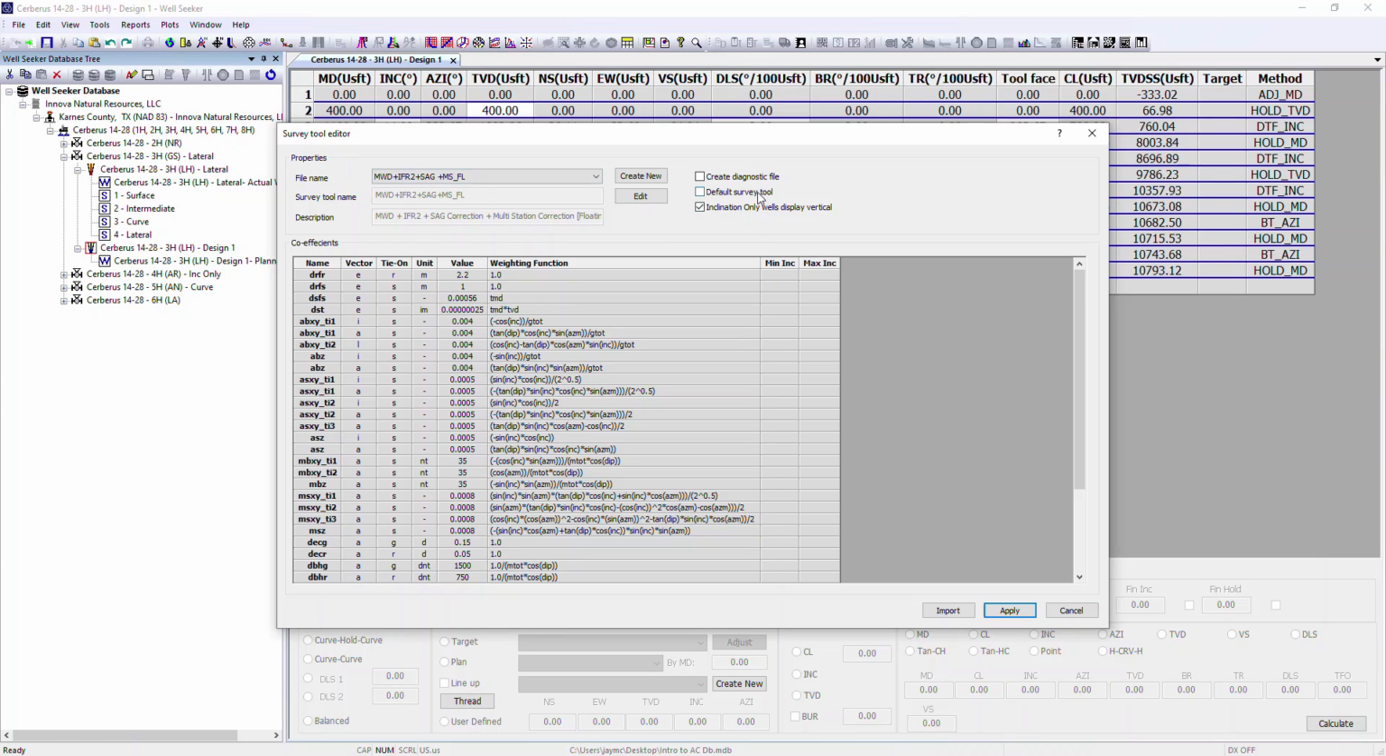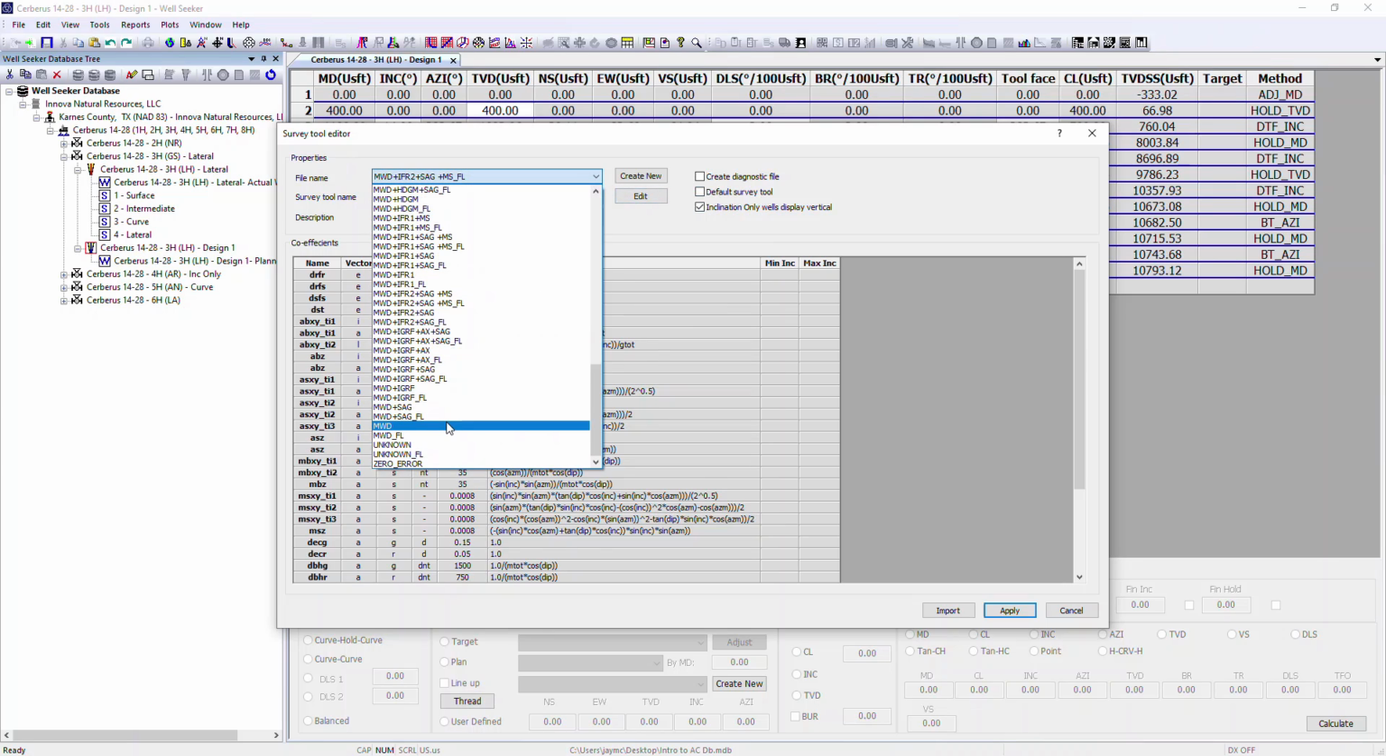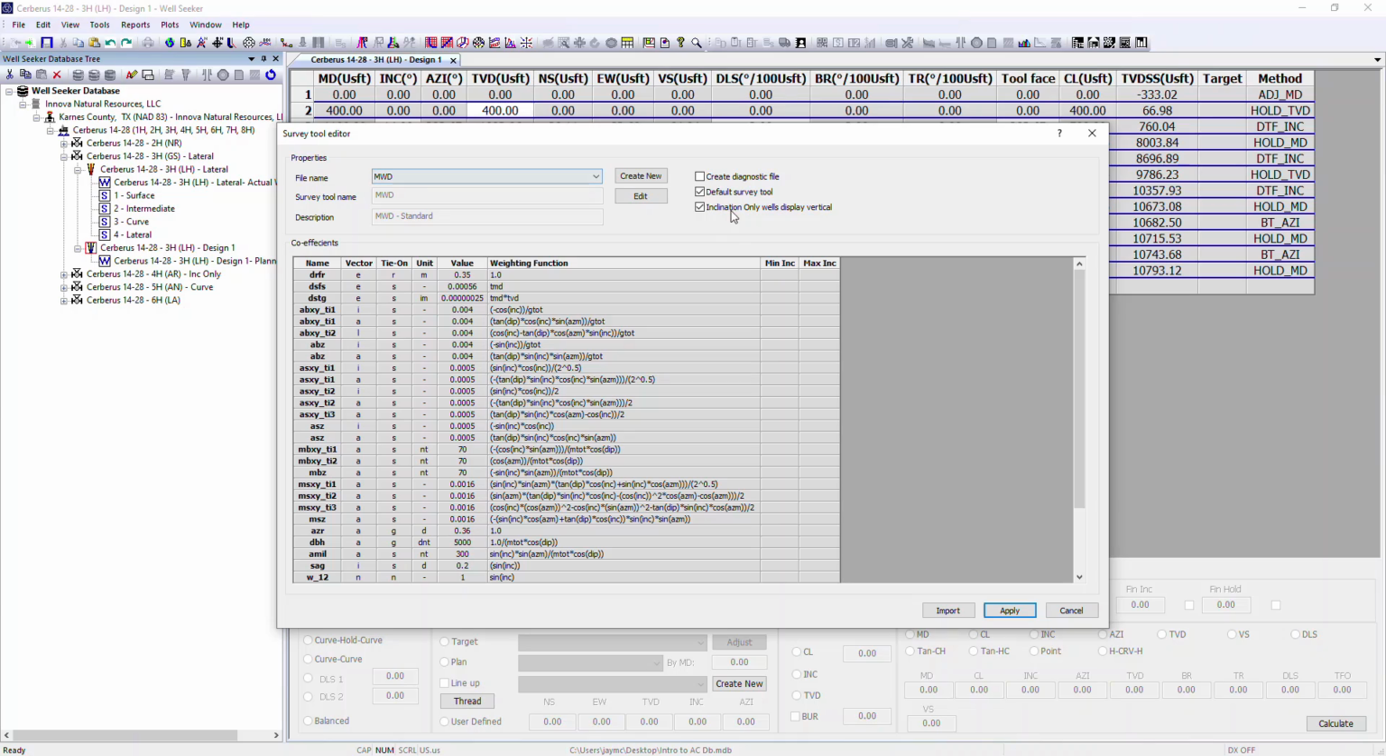You can select a default survey tool. In my case, I have MWD selected as default. What this does is, if you go to run an anti-collision scan, so generate a report or open up any of the anti-collision plots,